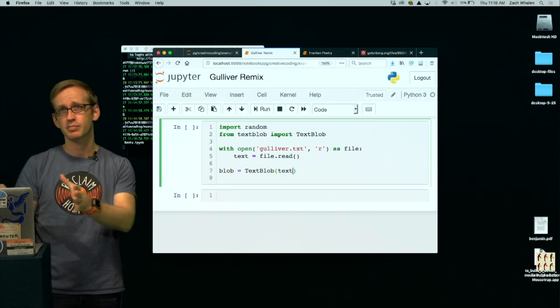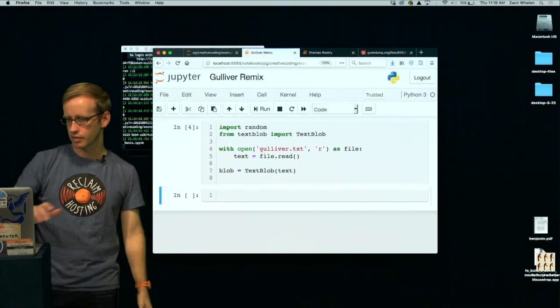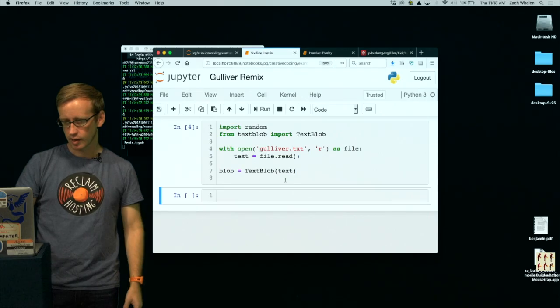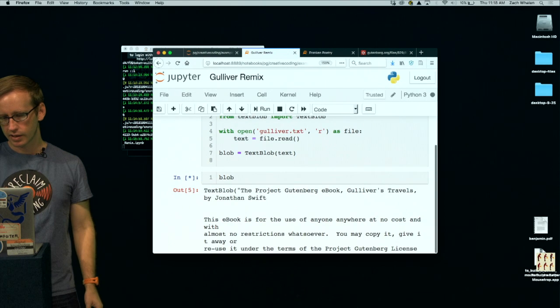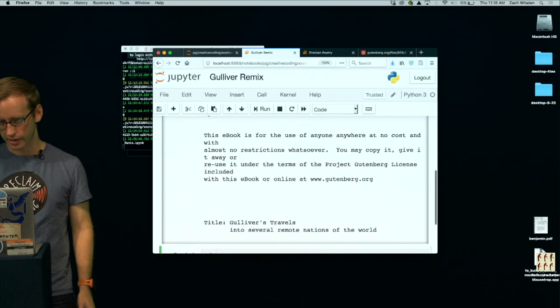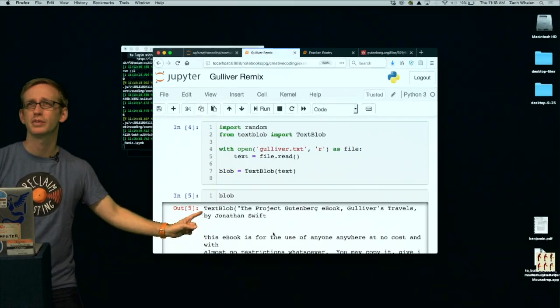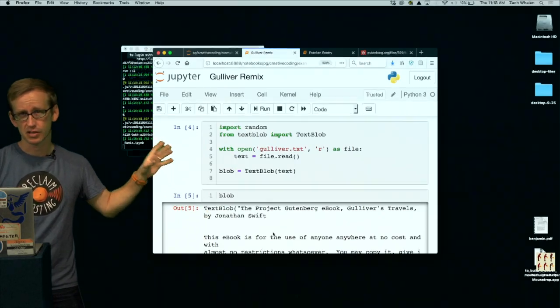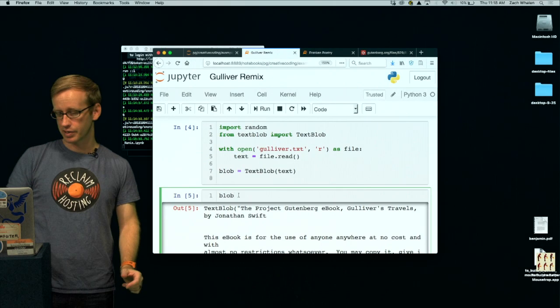Now TextBlob can do something more interesting with it. If I run that, it takes a second to digest it. Actually, it didn't take much of a second. Now if I look at the value of blob, it's the whole thing, but notice that it's prefixed with TextBlob. So this isn't just text, it's a special kind of thing called a TextBlob, and it has different properties now.